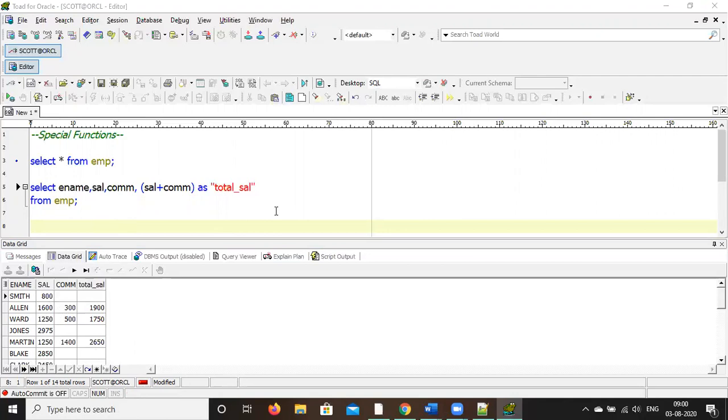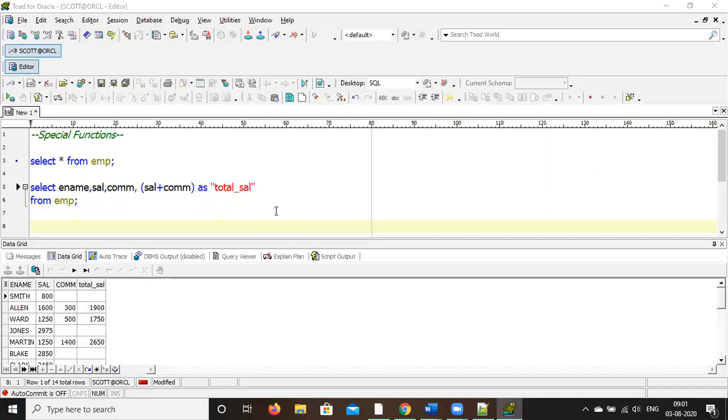For Allen 1600 and 300, total salary is coming 1900. So what we are observing from here? If there is any null value, we are not getting it. Right. The reason is in mathematics, null plus anything will be null.